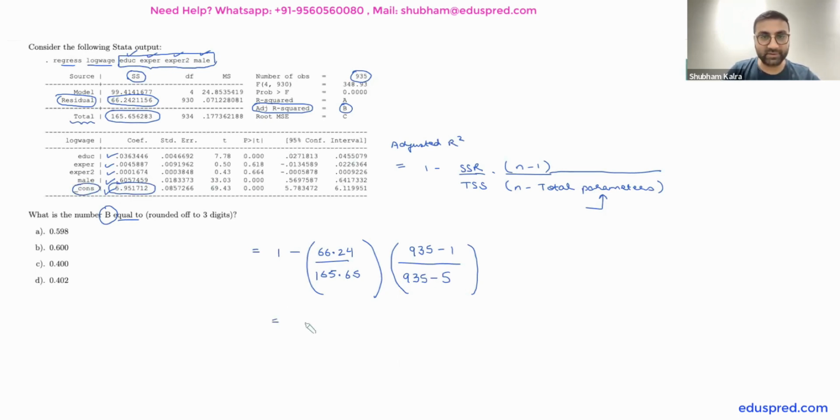So now when you solve this, you will get that this is equal to 1 minus 0.3998 multiplied by 934 divided by 930. And this is equal to 1 minus 0.4015. And the final answer is 0.5984. That means the right answer is part